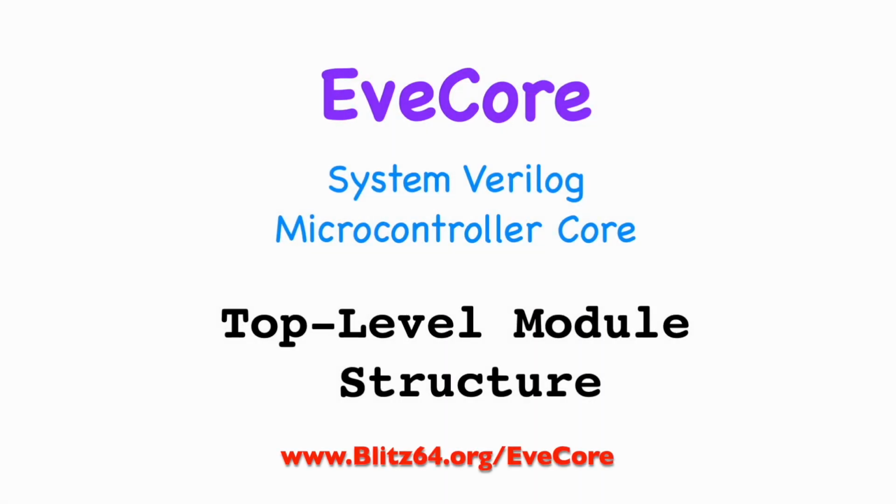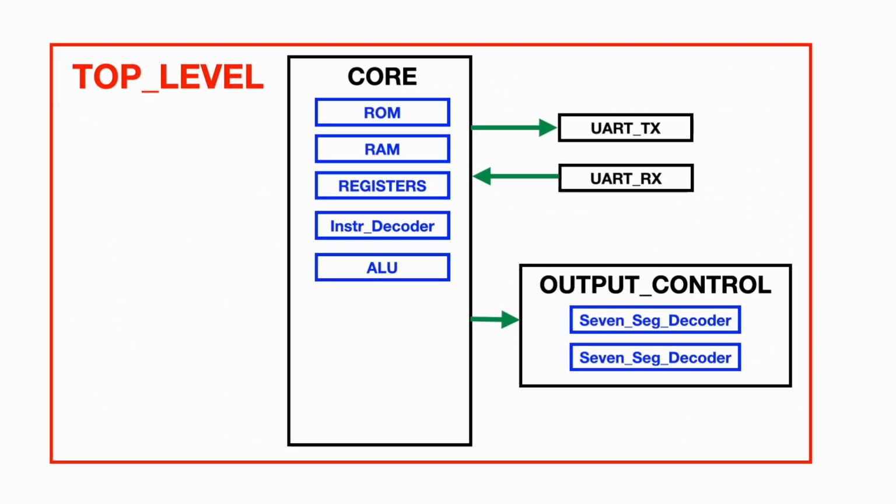Our goal is to implement the EveCore microcontroller in Verilog. A good place to start is with a high-level view of the entire project. So here is the overall structure of the FPGA we're designing. In this diagram, each rectangle represents a module, and so we see our core as well as a couple of